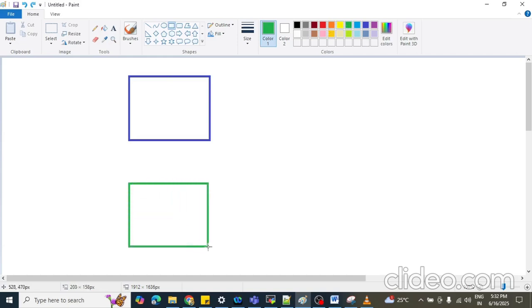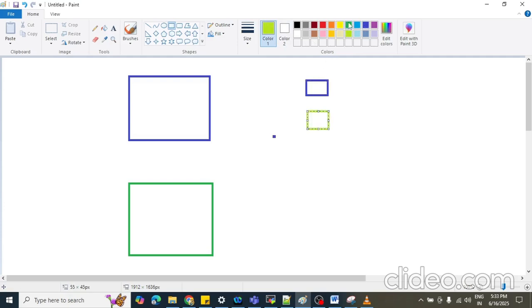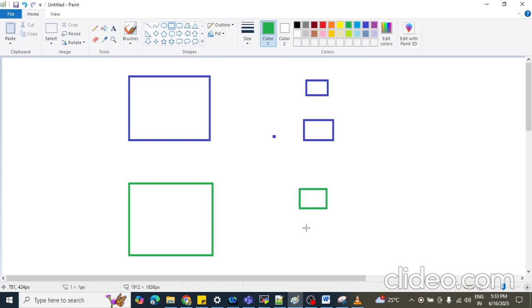Using the blue service we are creating blue pods, and using green we are creating green pods. Let me draw again. Okay, this is your blue service and this is your green service.